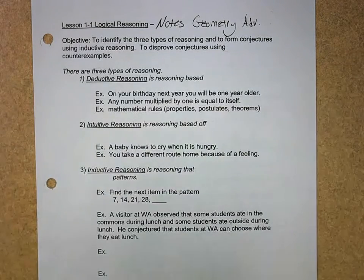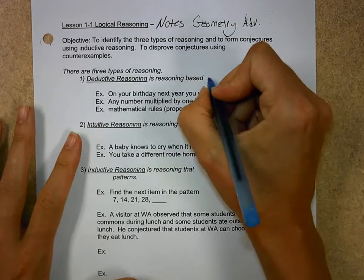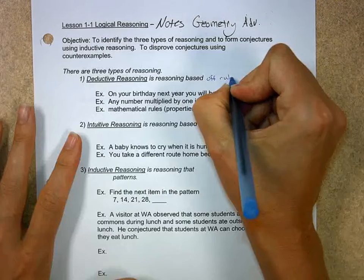And logical reasoning is just the way that we think. I mean, we all think that way, and in math we have to learn to understand which thinking process we're using and be able to identify it well. Well, the first type of thinking that we do is deductive reasoning, and deductive reasoning is reasoning based off rules